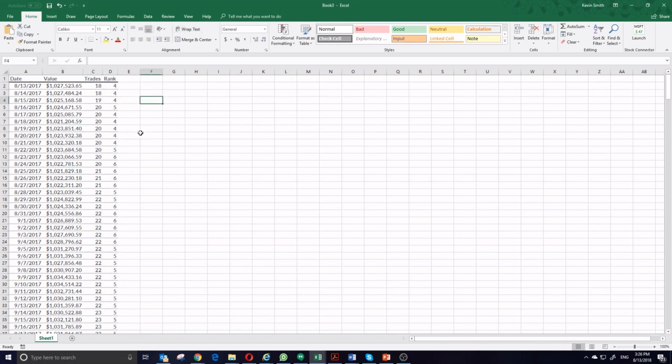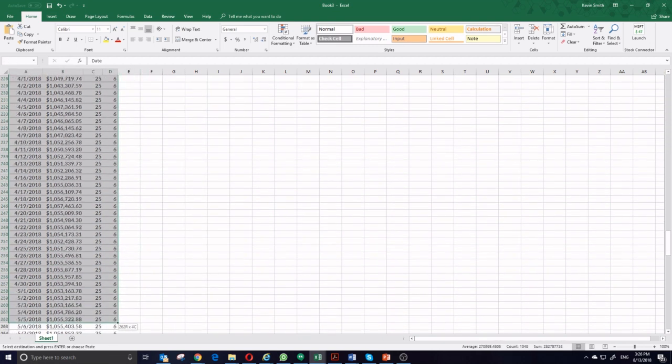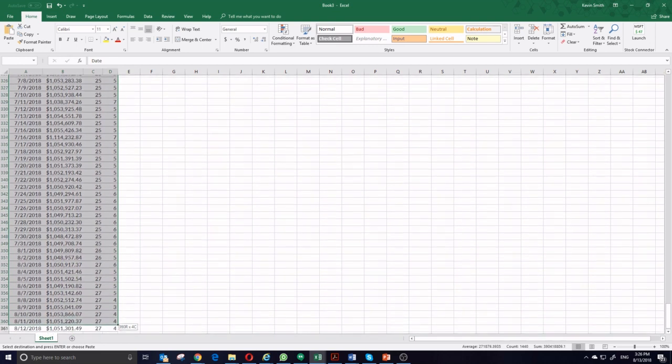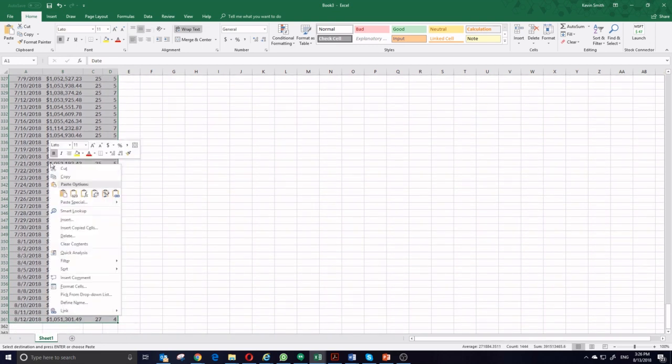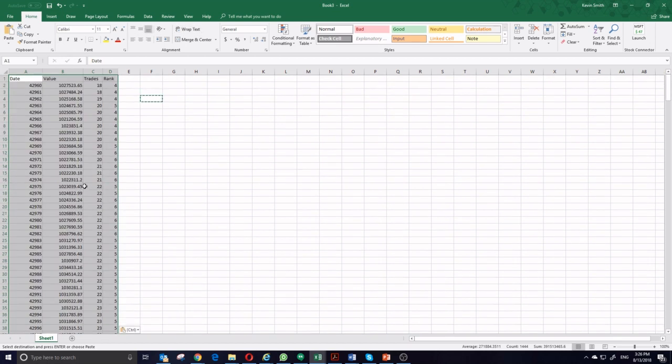So if I go to one of these cells that has no data in it, I can copy it, select all of the data that I want to reformat, and then instead of pasting any type of values, I can do paste formatting. That will copy the formatting of the different cells that I wanted to use before. The biggest problem here you'll see is the date no longer makes sense and the values are no longer formatted